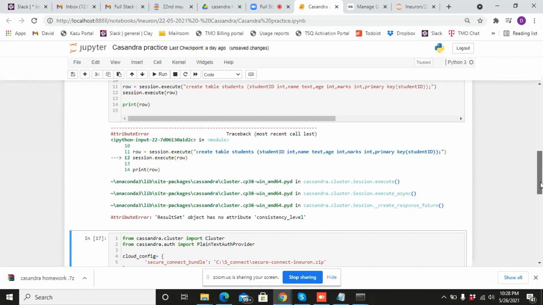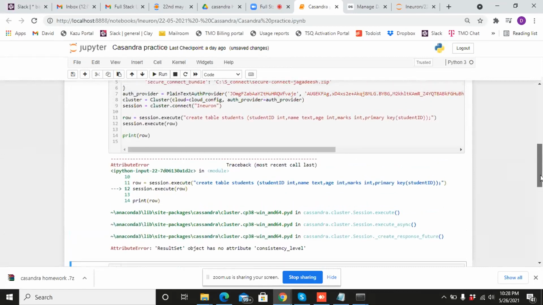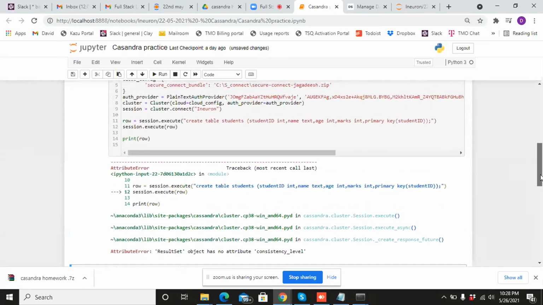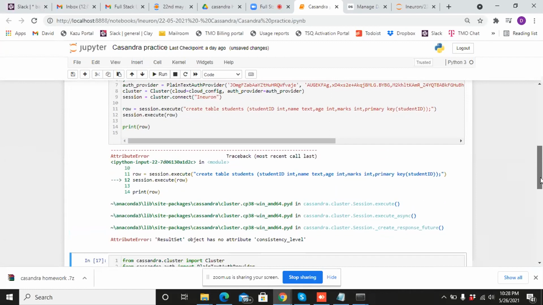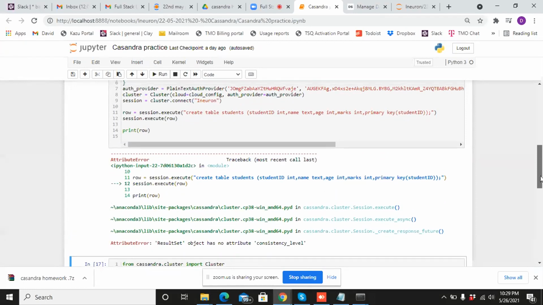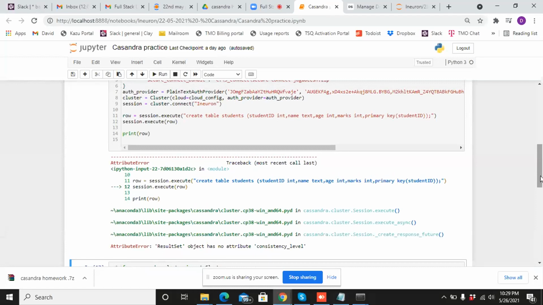So what enumerate basically returns is indexing. Along with the row, suppose we have 10 rows, it returns the indexing 0, 1, 2, 3, 4, 5, 6 like this. In that we are picking up a second line, not the indexing part, we are just picking up the row part, and we are inserting the data inside a database. Are you getting any error inside the code, or do you want to